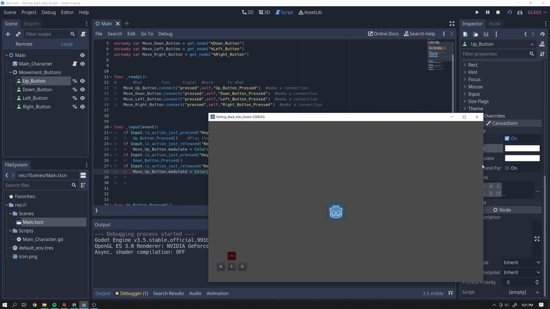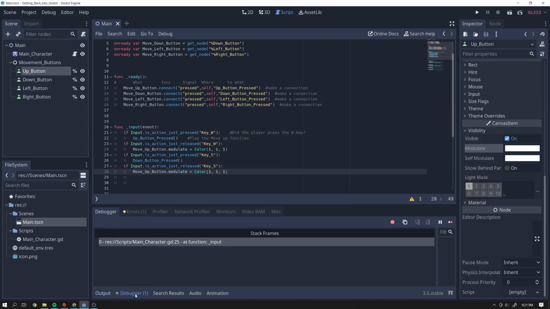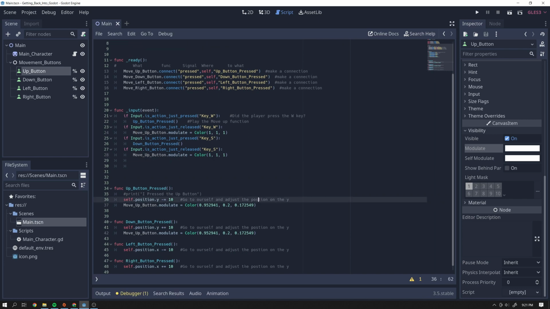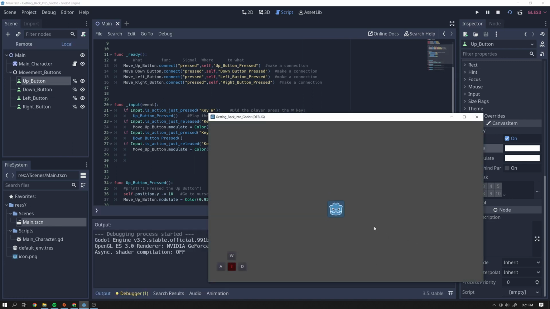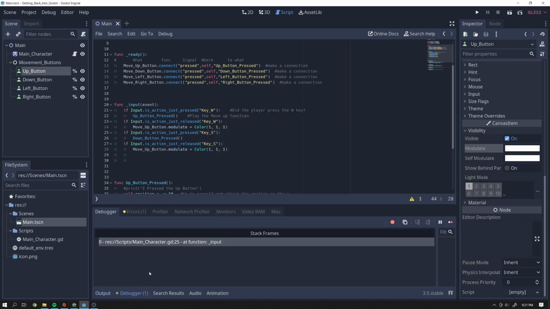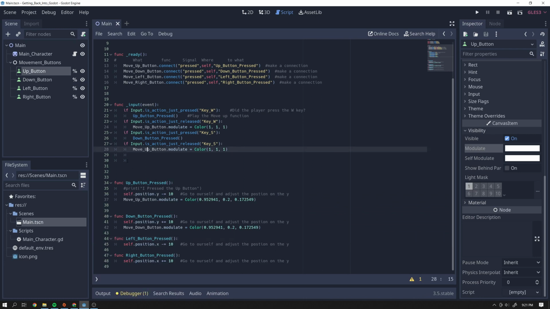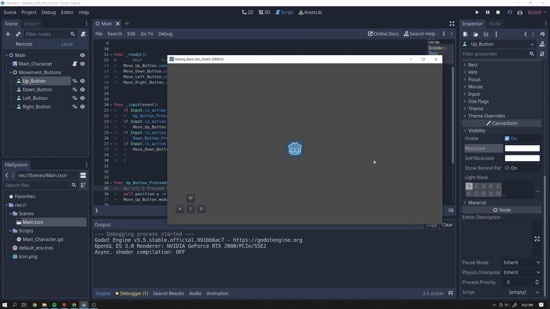Oh, I got two of the same buttons. Let's see why that is. Oh, right here this says up button. I'm changing the color of both of them. I don't want the down button to be the up button. I want the down button to be the down button. Alright, let's try it again. And it's sticking on this color. Why is it sticking on that color? Because I used the up button there too. So make sure you're switching to the down button. Alright, let's see. Up, down,